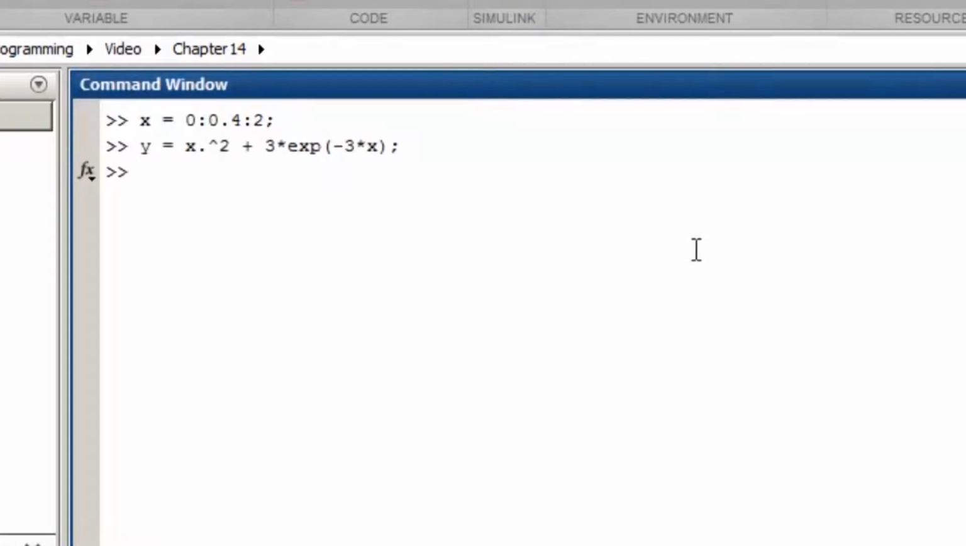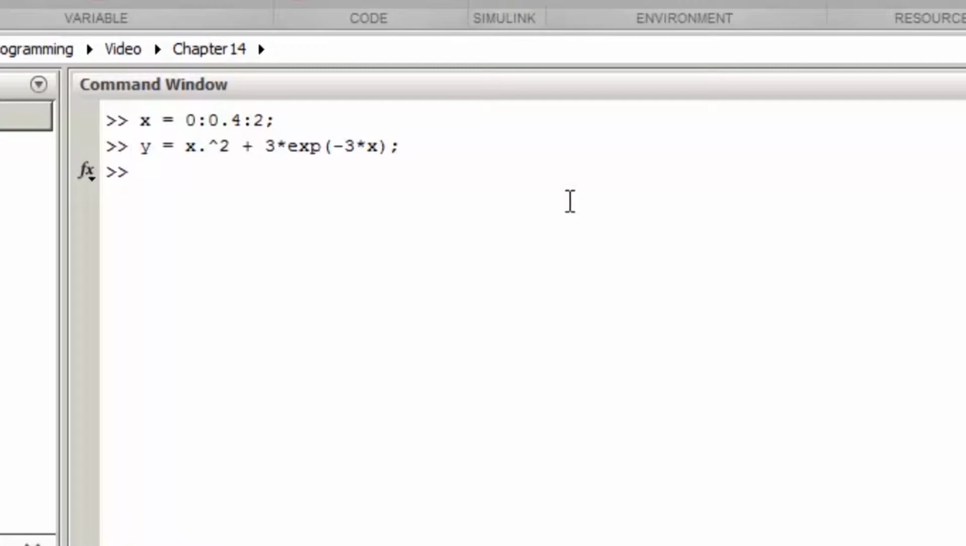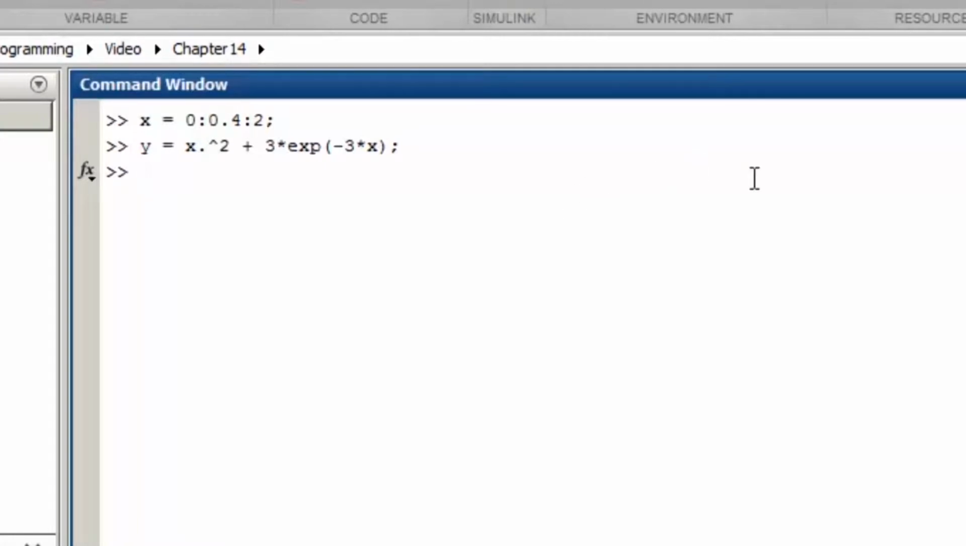Then calculate the corresponding values for y. And finally, I'll create an array of values where we want to interpolate the function. I'll interpolate the function over the range of 0 to 2 at increments of 0.01. The values where I'll interpolate the function will be in an array named xi. For later reference, I'll calculate the actual values of the function at these points and put them in an array named